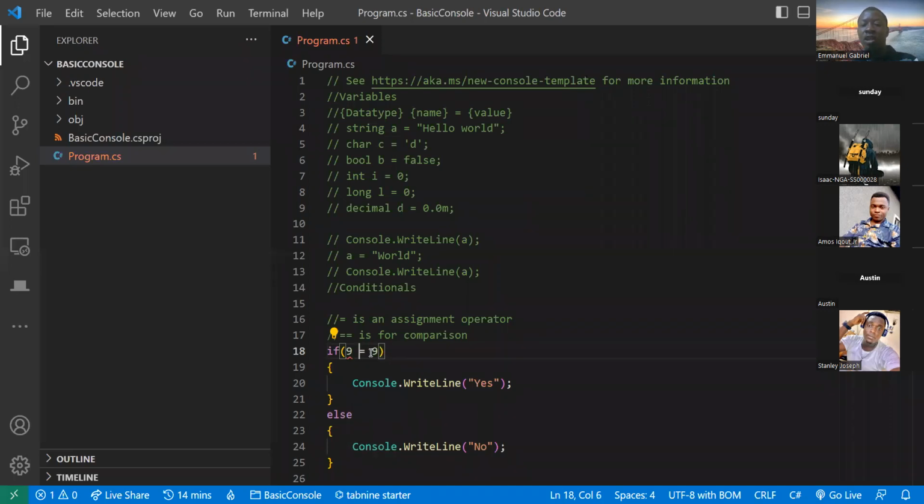Now, how do you check if it is not equal? All you need to do is use your exclamation mark. Use your exclamation mark to check if it's not equal, just like that, right? So this is saying, is 9 not equal? This is the not expression.